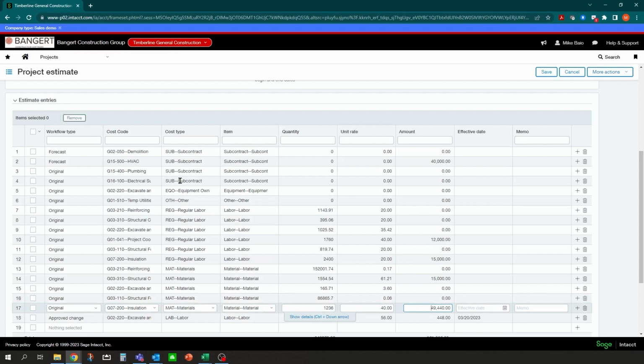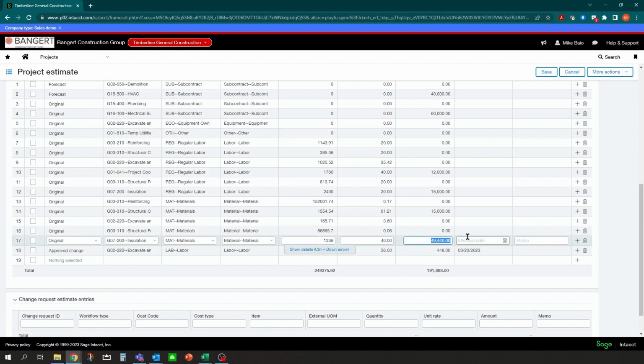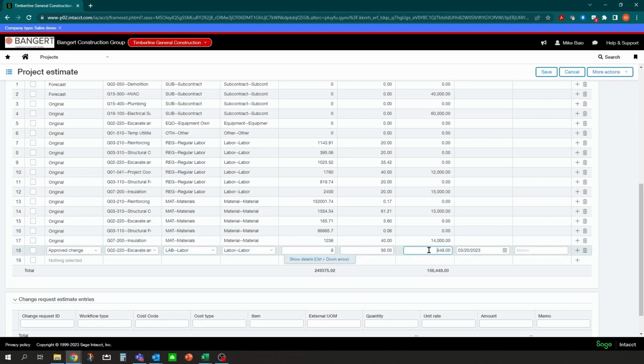Let's go back to our electrical sub, and let's say we've got 60,000 left for that. And let's say insulation 14. We'll see how our numbers are, and then there's our change order, and we are done with that.